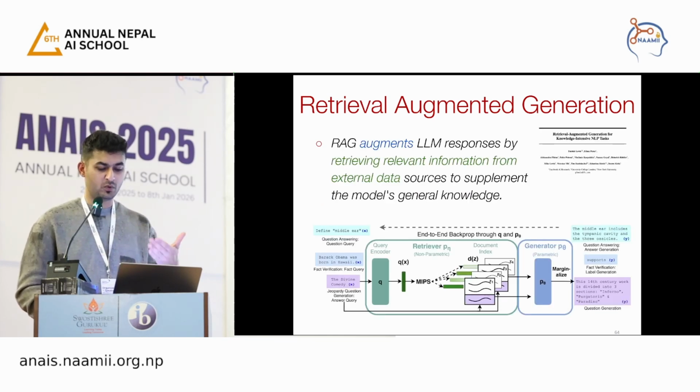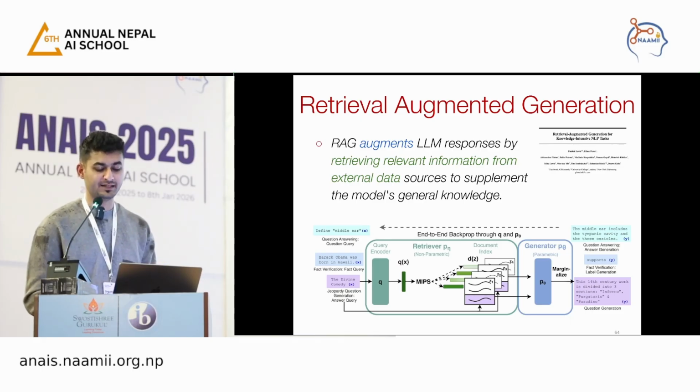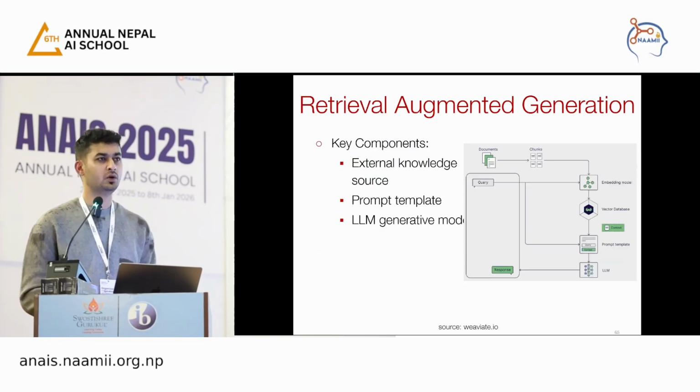One of the very first works was developed by a team from Facebook AI Research, and they had a retriever, which is basically, for a certain query, retrieve me some documents that I can augment to a generator, and the generator is an LLM. That's why it's called retrieval augmented generation. The generator is an LLM, and I'm doing some retrieval based on a query. It's as simple as that, but there are details to it, and I would encourage checking out some of the works from V8.io, which is a vector database company based in San Francisco.